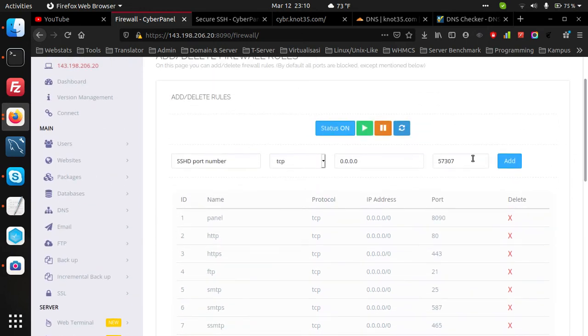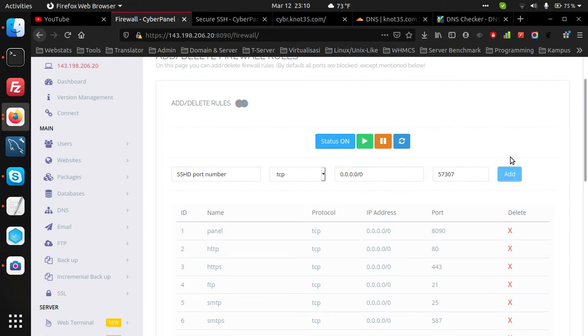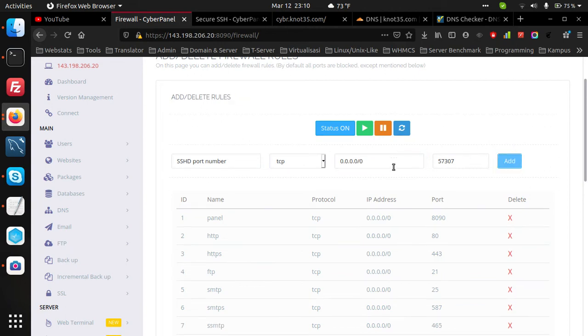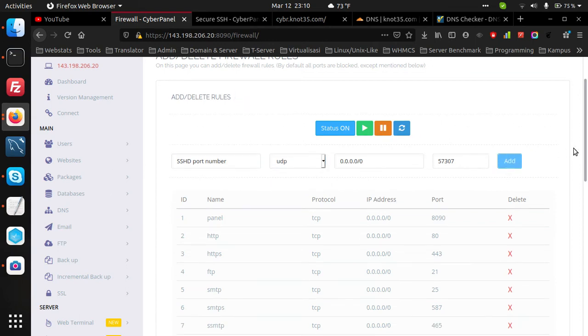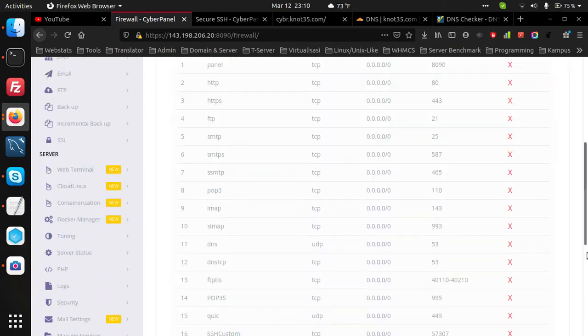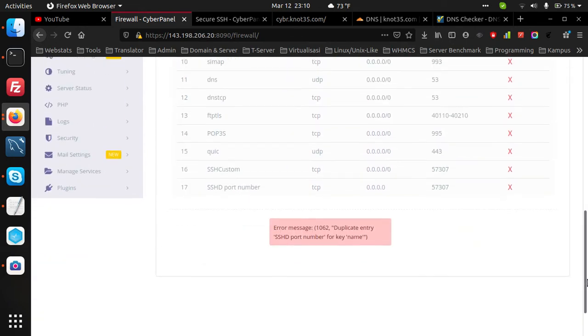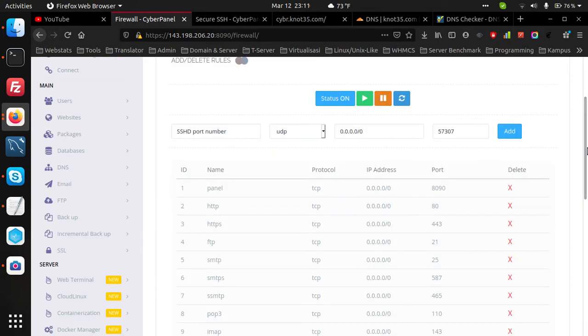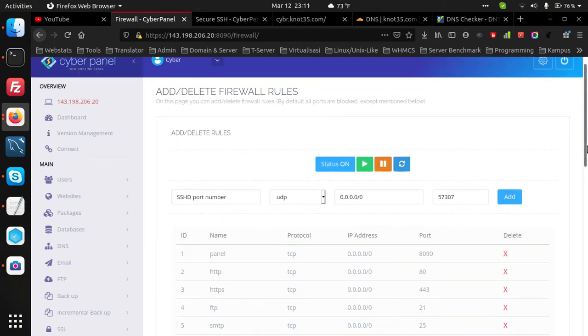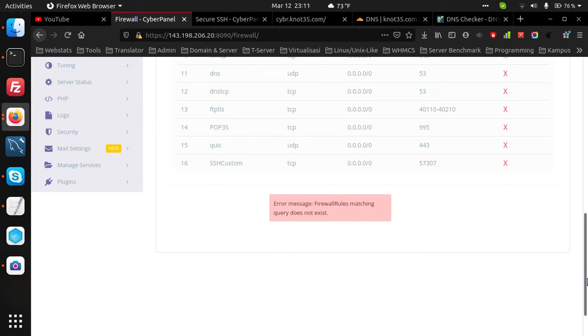So the port number. Then for the UDP connection, after that, okay. Don't forget to reload the firewall rule.